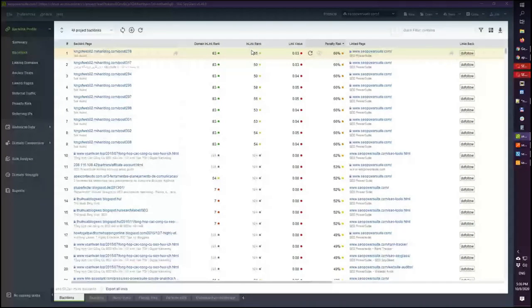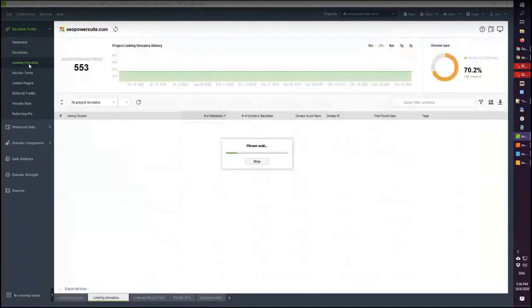So the higher the in-link rank, the better the link quality in general. So using these three parameters can help you to understand whether a backlink is good or bad, of low or high quality. On the left panel, you may find many other sections that focus on different aspects